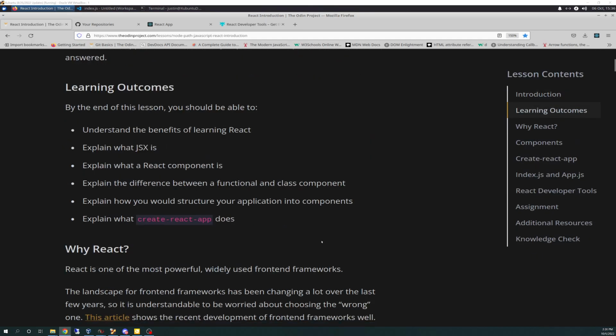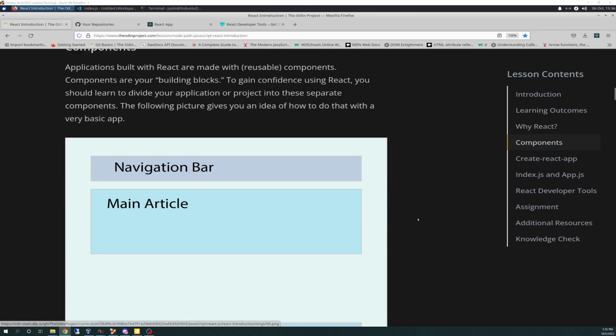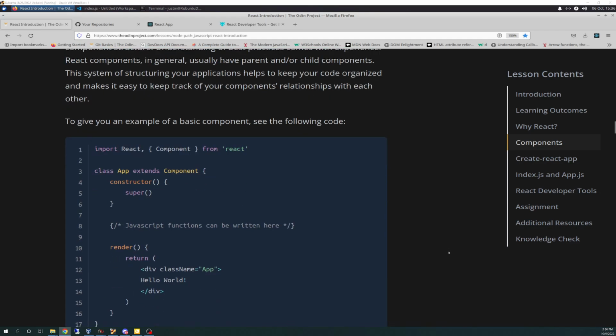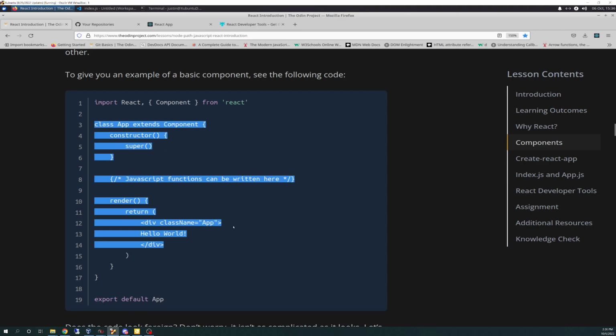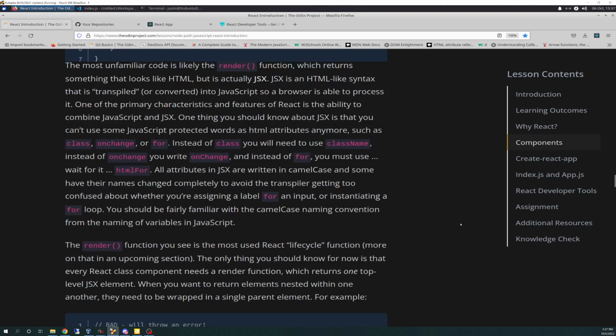So through here, they're telling you what React is, and I'll go over this here in a minute because this kind of answers one of the questions, I think, and it sums it up well. There's basically two types of components. You can have a functional component or a class component that looks like this, and has a render on it. That's a class component, and it extends from the component module of React, and then you can have a